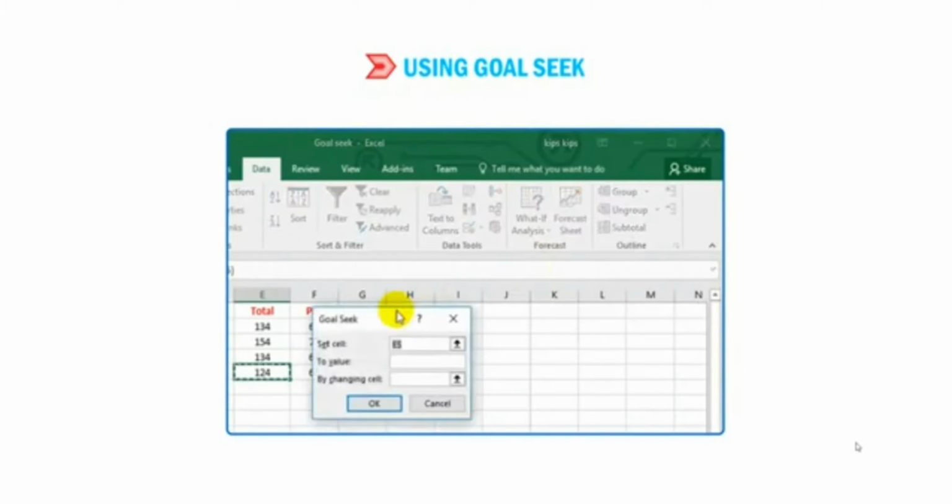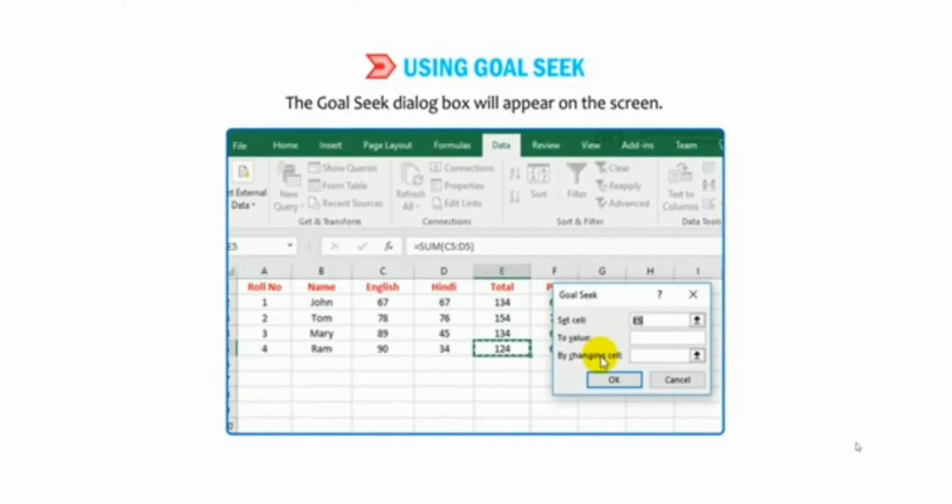option. The Goal Seek dialog box will appear on the screen. In the Set Cell text box, define the cell address E5 on which the Goal Seek is to be applied. In this box, always refer to the cell that contains formula. Type the new value 150 into Value text box. This box contains the target or goal value to be attained. Press the Tab key. Click on the cell D5 in the worksheet. The address will appear in the By Changing Cell text box. This value points to the input value you want to adjust.